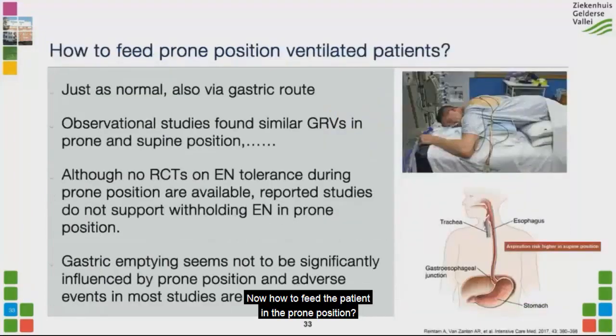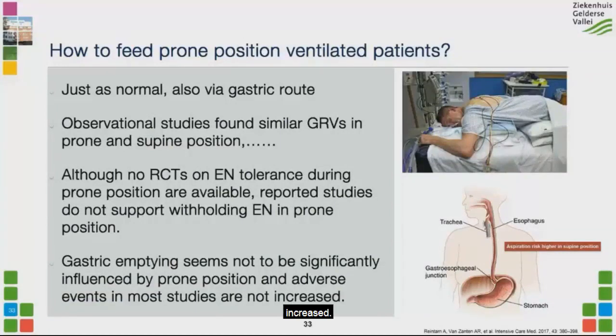Now, how to feed the patient in the prone position? Well, there are many observational studies that have studied the gastric residual volume in prone and supine position, and there is not really a difference, so the amount is exactly the same. There are no RCTs on EN tolerance during prone position, but the reported studies do not support withholding EN in the prone position. Gastric emptying seems not to be significantly influenced by the prone position, and adverse events in most